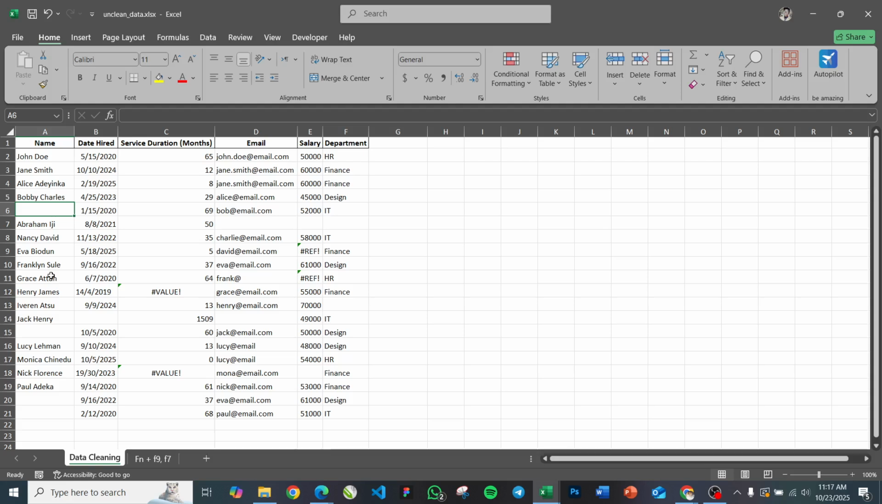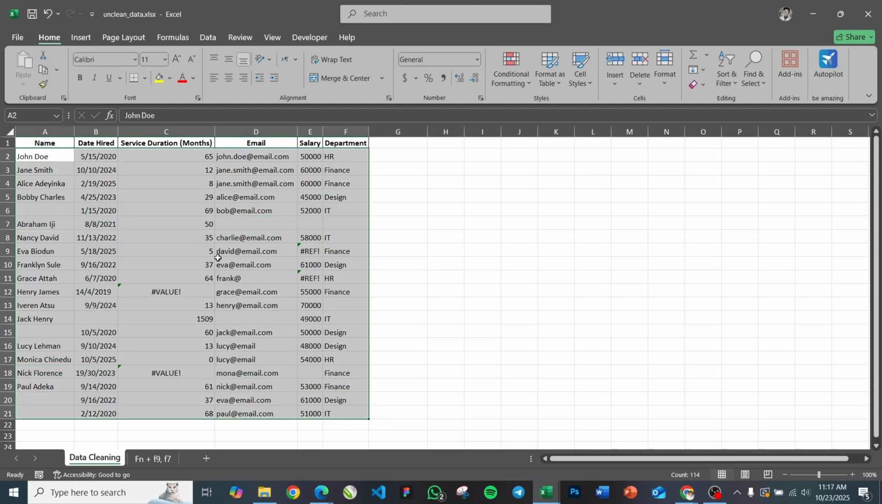Next, let's talk about the blank spaces, all these blank cells we have here. How do we eliminate the blank cells? We won't get a proper analysis if we leave blank or empty cells. So to eliminate blank cells, first of all, I'm going to highlight the entire table. After highlighting, I'll come over to